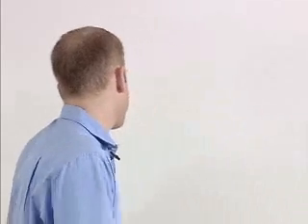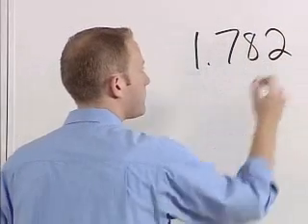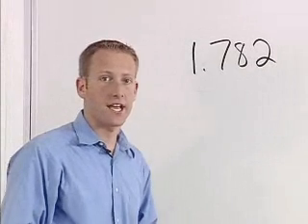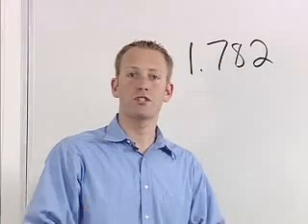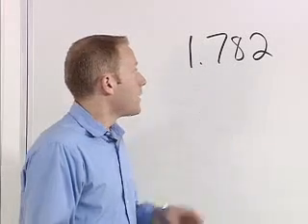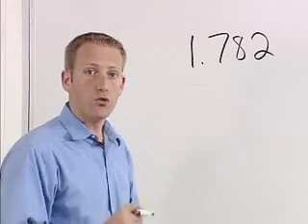If you have, let's say you have a reading 1.782. That has 4 significant figures, and we're going to go over the rules in a second. And again, remember, all this is on your Regents Tutor review sheet to go over, but we're going to go over it right now. This tells you, when you get a number like this in significant figures, you know to